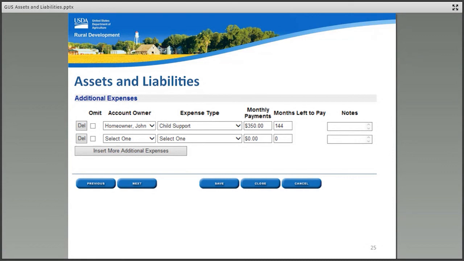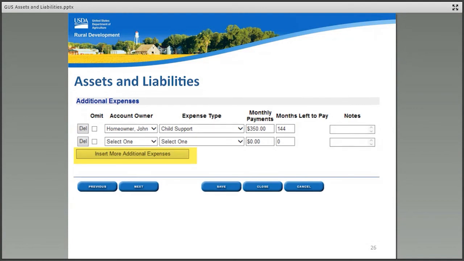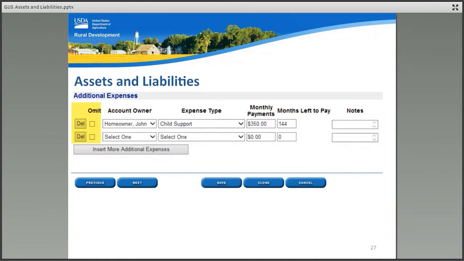This again is a free text data field where the user may enter any important notes for the underwriter and USDA. If additional data fields are required, the user may select Insert More Additional Expenses. If the user wishes to delete or omit any individual additional expenses, they may select DEL for delete or omit as applicable.